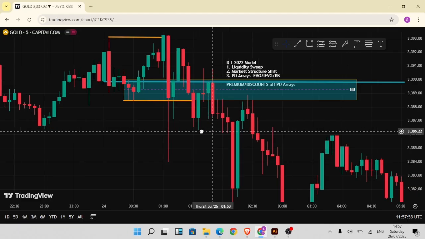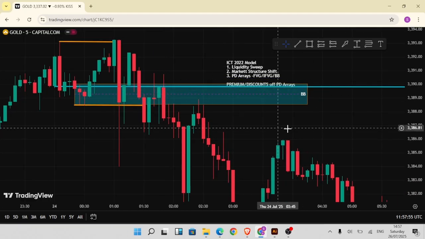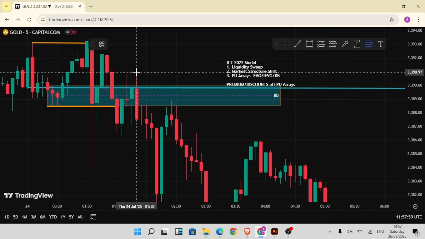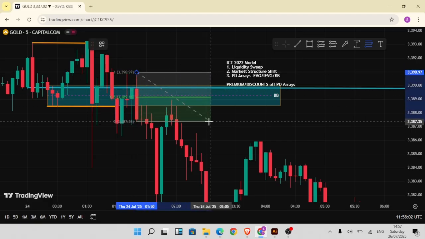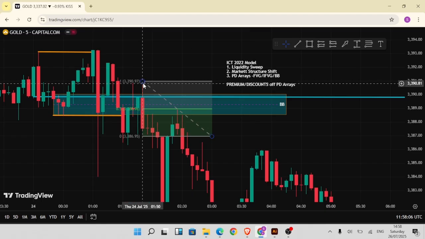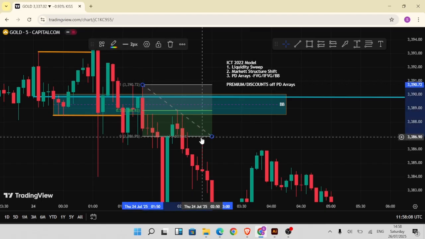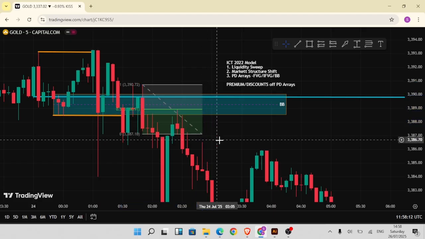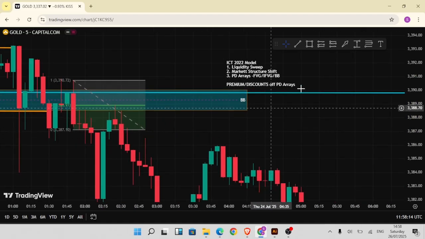This right here was a good engulfing candle of this breaker. We can use it and check if we could have taken an entry off this area, and yes, there was an opportunity